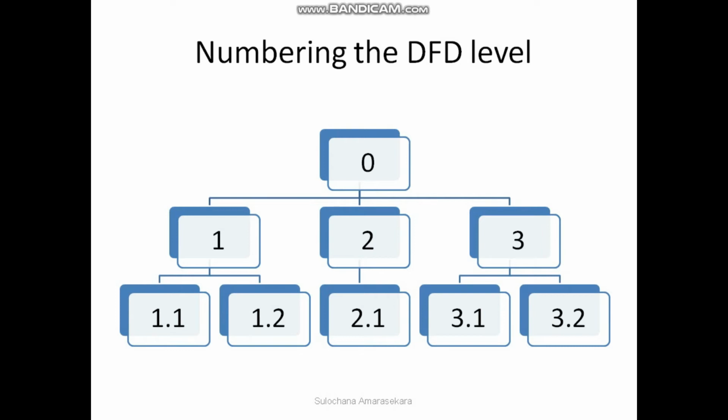This graph shows the DFD levels. First, the context diagram or DFD 0. Second, DFD 1. We can use integer numbers like 1, 2, 3 to represent the process units in DFD 1. Next, in the DFD 2 diagram we can use the parent number and processing order, separated by a dot, to represent the functional units in the DFD 2 diagram.